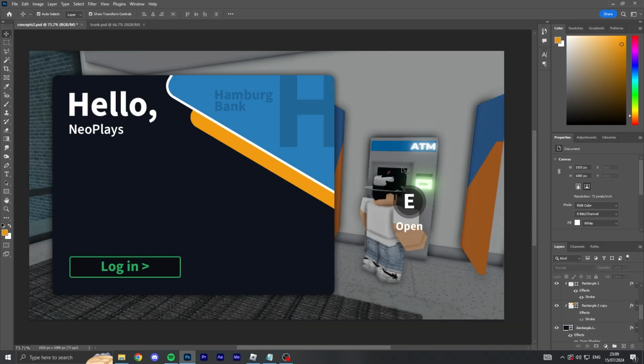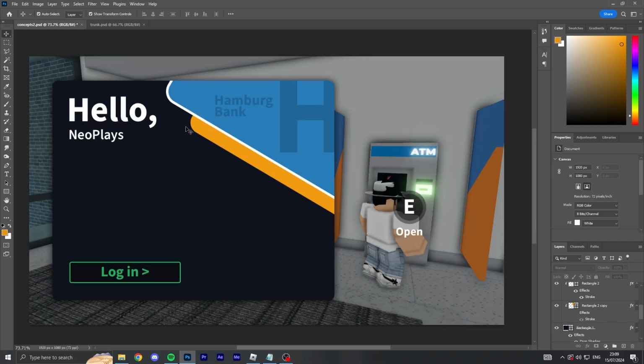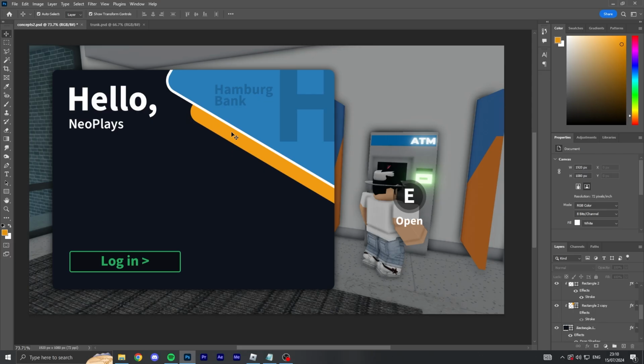Alright guys, so here is where I'm at right now. As you can see, I'm loving this design. I've tried to go with Emergency Hamburg's core UI design, but I've tried to modernize it a bit, but I don't want to make it too modern because otherwise it's going to feel a bit out of place. So I've got this little logo stuff here, color combination, login. Pressing that would take you to where you can buy money for Robux, and where you can pay other people, stuff like that, and see your